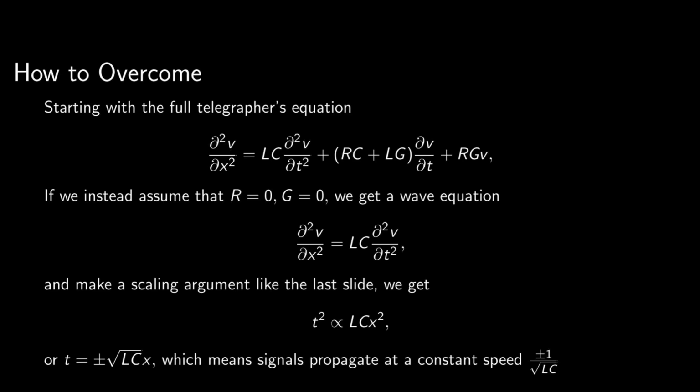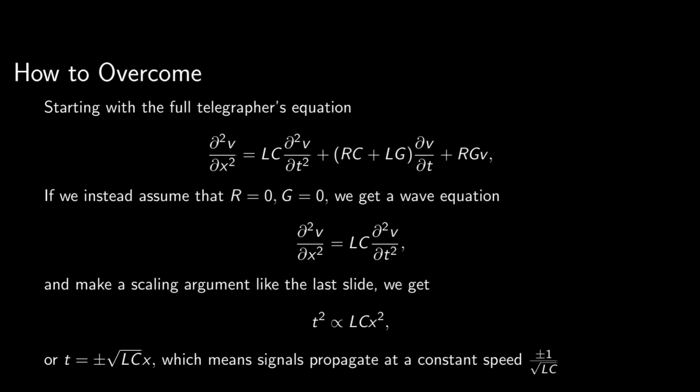Now, Thomson's law of squares does present some problems for telegraphy, and obviously it succeeded despite this problem of time stretching. But how was this problem overcome? Well, this is where the work of guys like Heaviside comes in. If we assume now that r and g are both 0, we get this wave equation here. Using a similar scaling law justification by canceling d's and v's, we get a new scaling law relating t squared